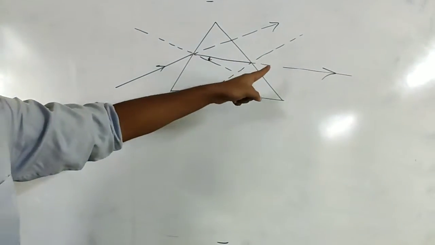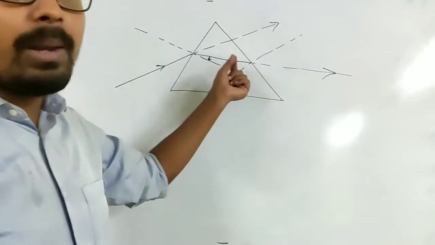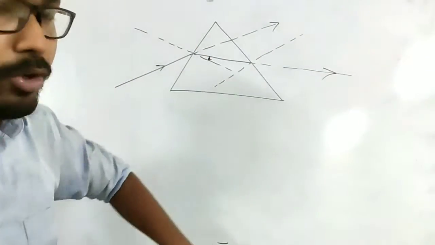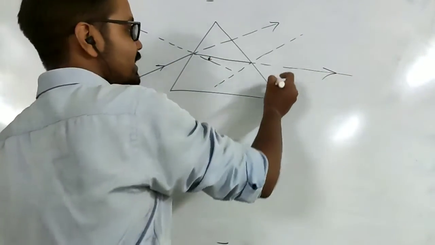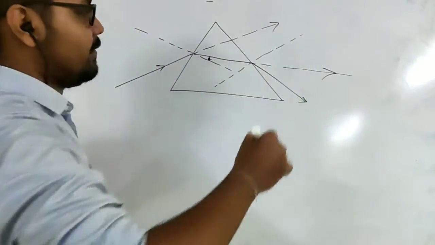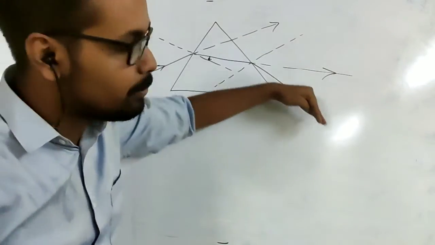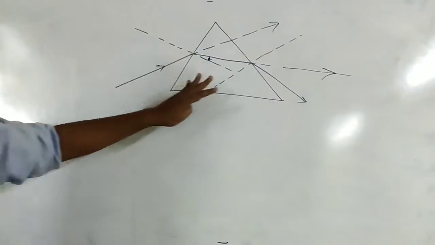As there is a change in the medium, and the glass is more dense compared to the air, what will happen to the light? It will move away from the normal. Instead of going in this direction, this time light will move away, which means it will come out in this direction. Okay? This is how light enters, moves through the prism and comes out. Based on this, we have